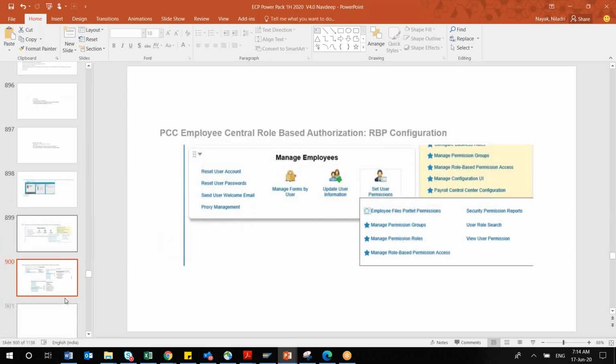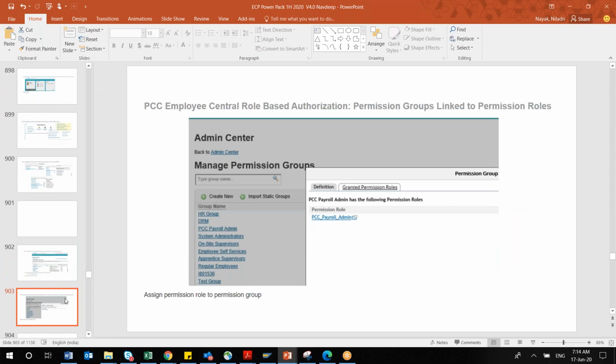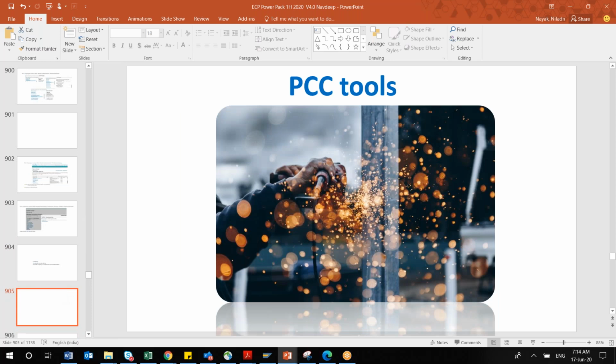But from the payroll control center point of view, this is more than enough, whatever I have covered today and yesterday. On the admin side, whatever I have covered, and the configuration I have shown you today, that is the important one. And for the RDS guide, I prefer to go there and explain what the different configurations are that we will be doing.